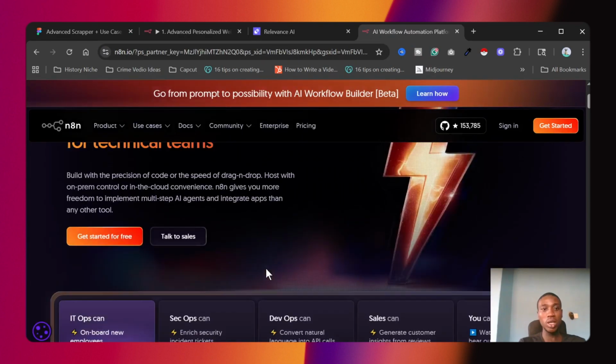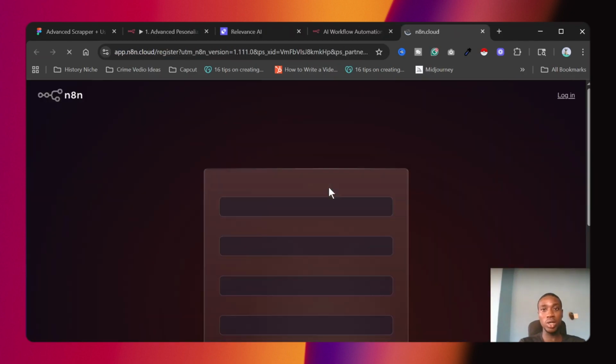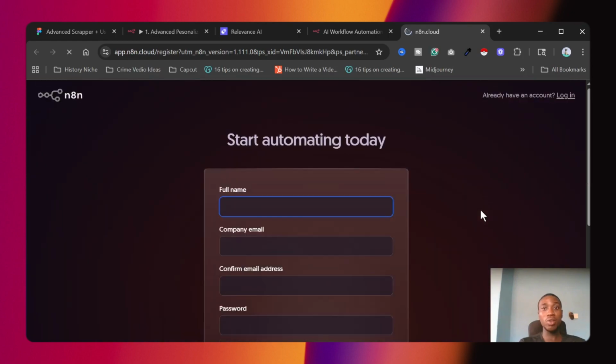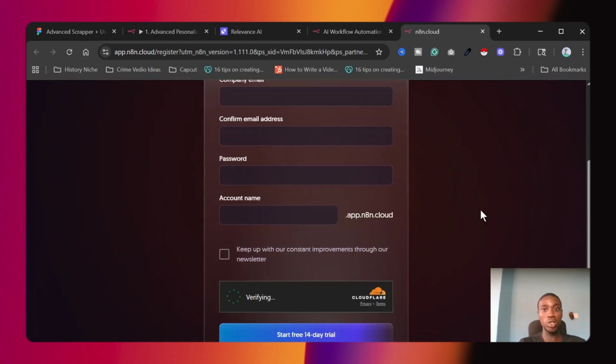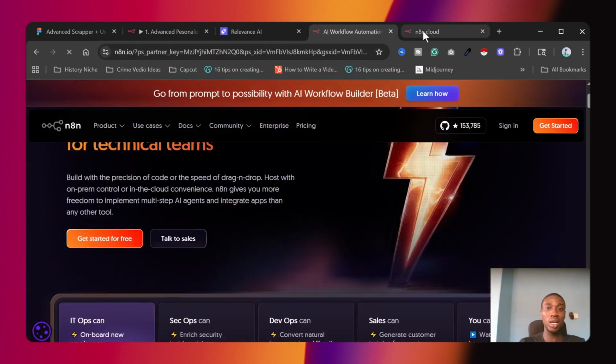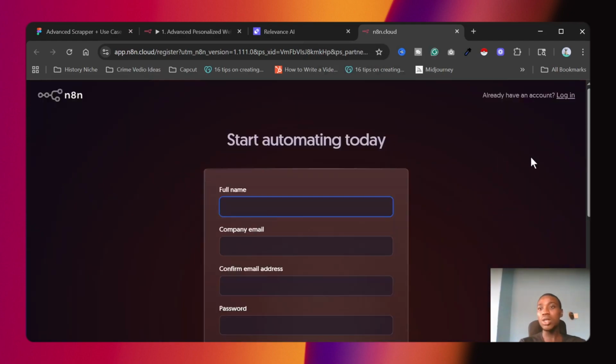Then you click on get started for free. I think n8n has a free 14-day trial for anyone that wants to try it out to know how the system is. But honestly, if you're from Nigeria like me, I won't advise you to go for the paid one because that's very, very expensive. I think it's 25 bucks per month. Me personally, I'm using the self-hosted one, that costs me like $4 or $5 a month. But if you're just starting out and you want to build some things, you can just start the free trial, then you create your account.